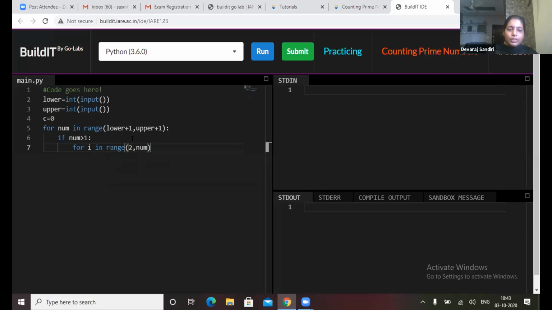Lower upper we have given like this, and if condition, if n is divisible by I, n is divisible by I is equal to 0,